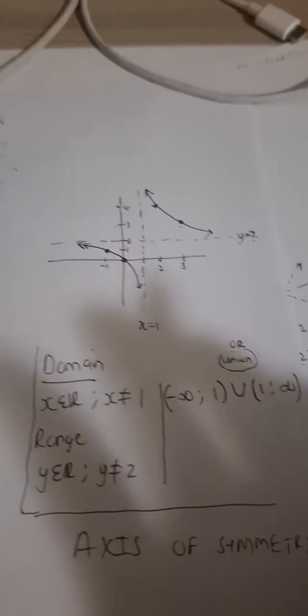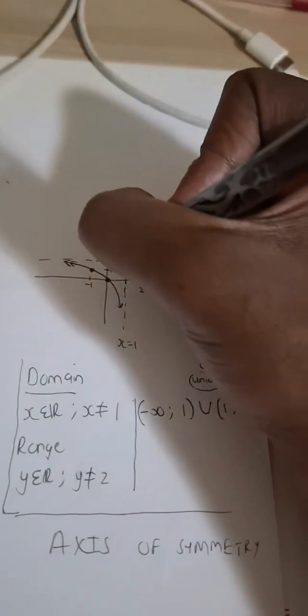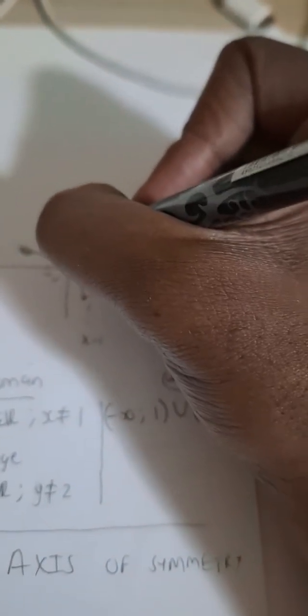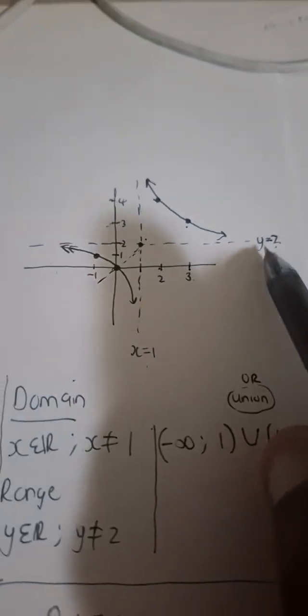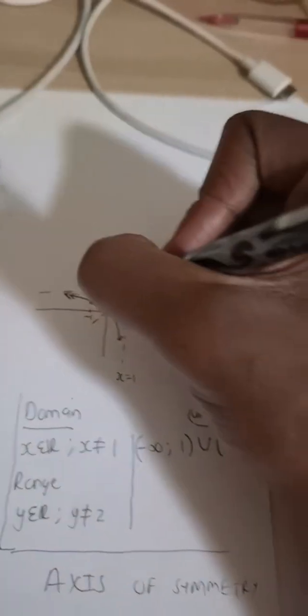So a hyperbola function typically has two axes of symmetry. And interestingly enough, if I was to represent those axes of symmetry in this particular hyperbola, the axis of symmetry would literally intersect through the point of intersection of the asymptotes. So we have here a vertical asymptote and a horizontal asymptote. Where the two asymptotes intersect, that is where one of the axes of symmetry